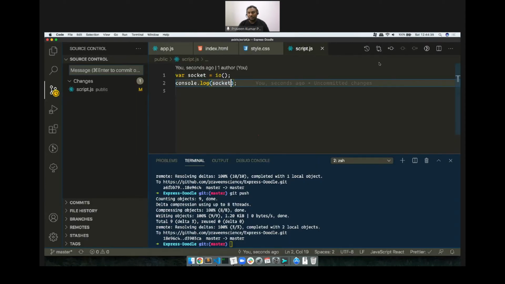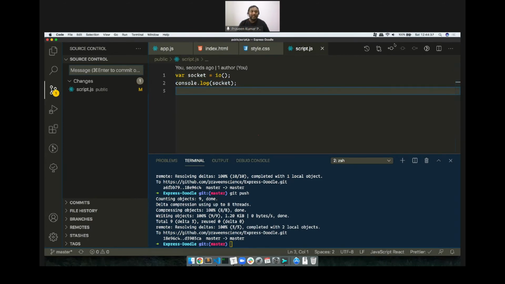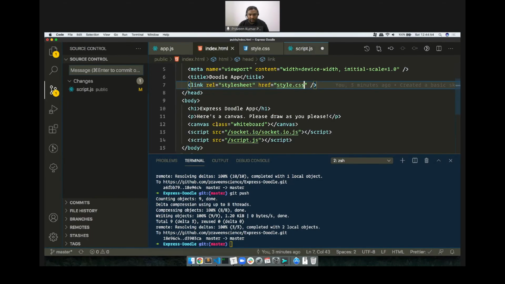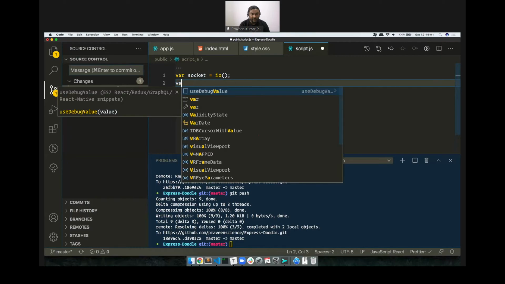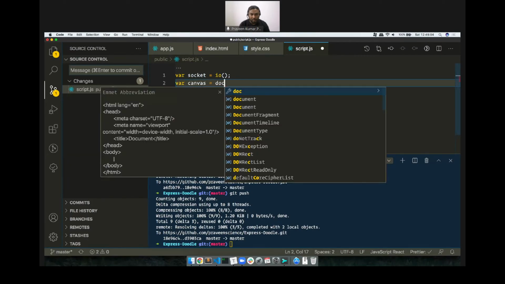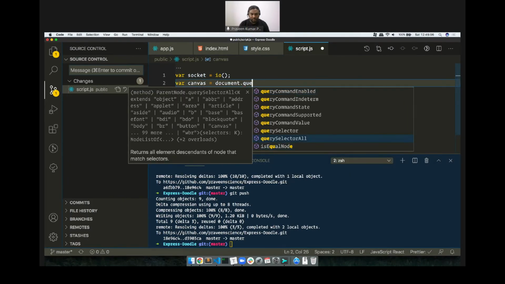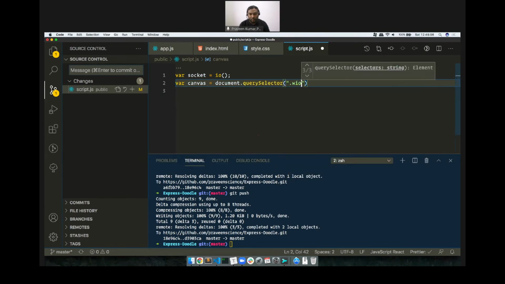Now the next thing that we need to do is start getting the context and the canvas. So we need to get the canvas, and then we need to also get the context of this canvas. Okay, so for getting the canvas, what we have done here is we have used a class called whiteboard. So I'll do var canvas equal to document.querySelector. This will select only one, so I'll use whiteboard here,